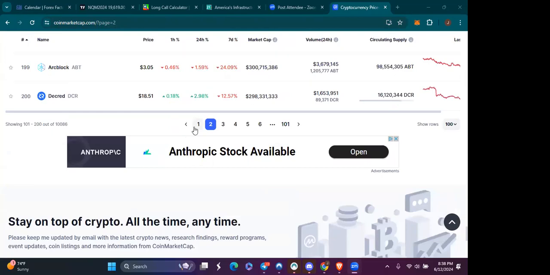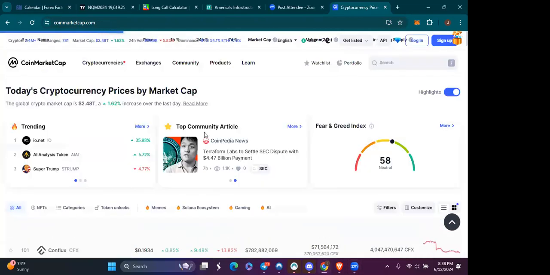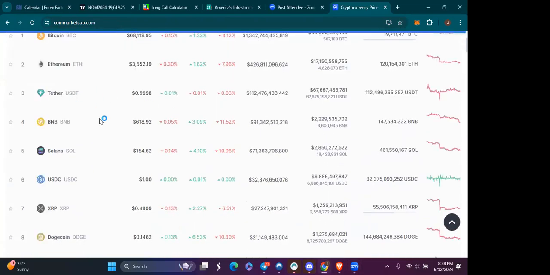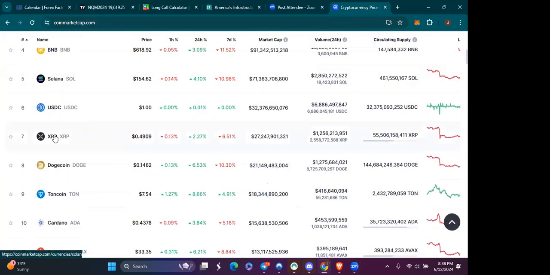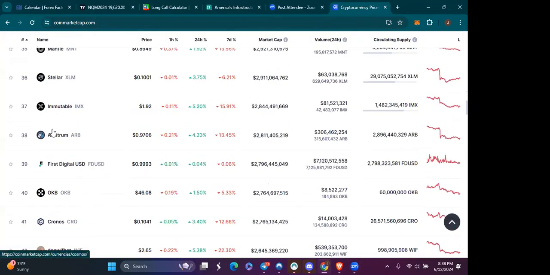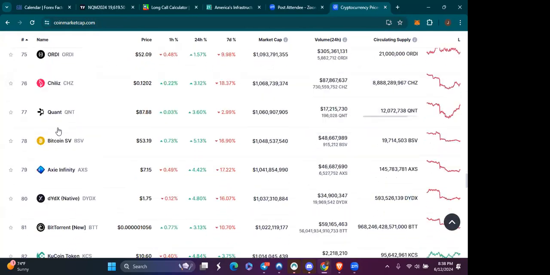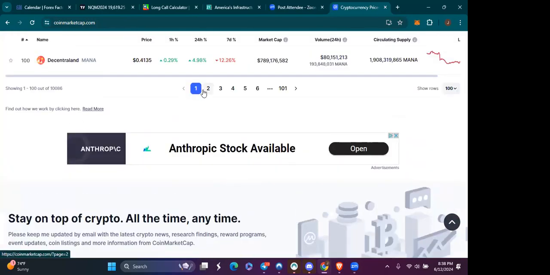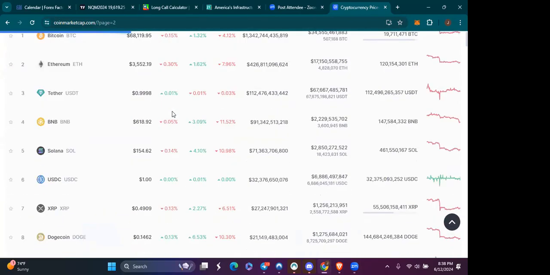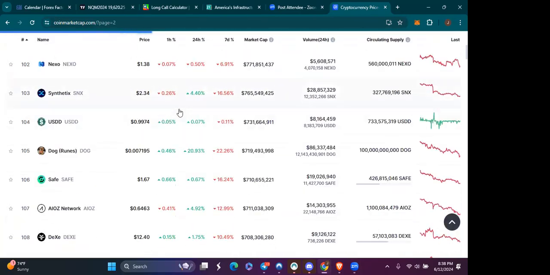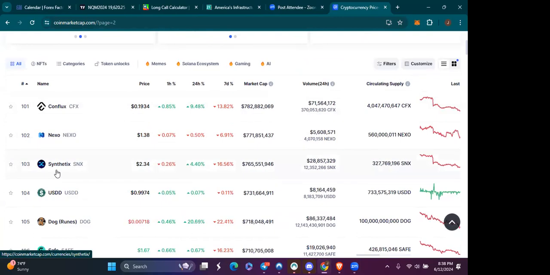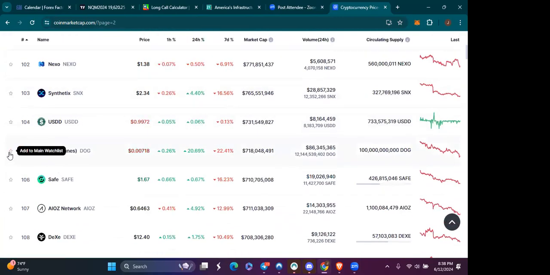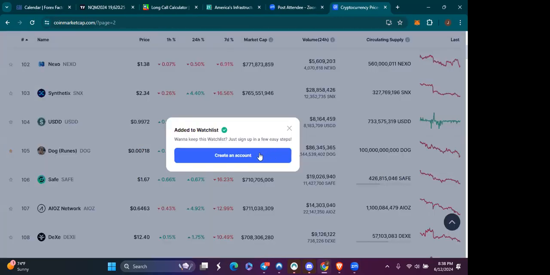You go to page one, home page. So we see the top 100 cryptos. And if you go over to page number two and come down to 105, we will see